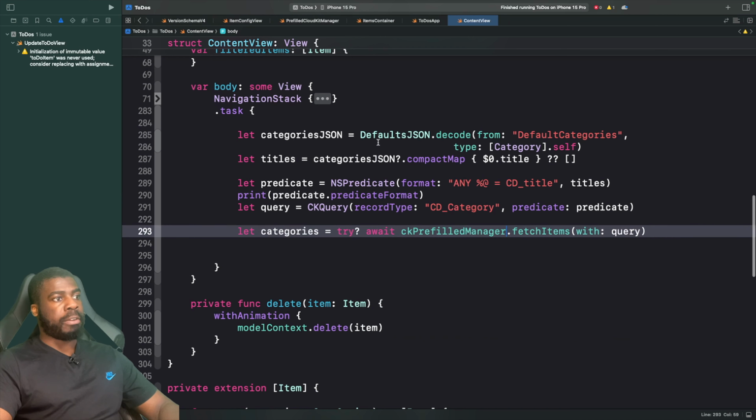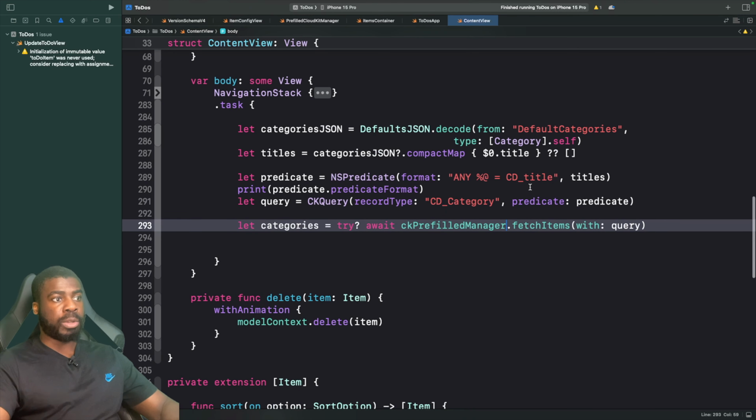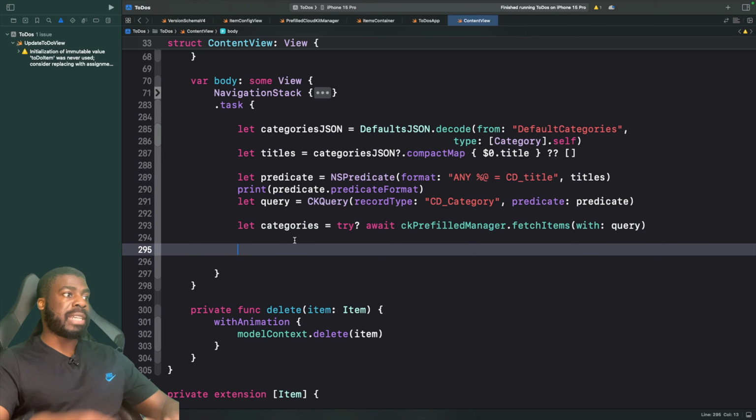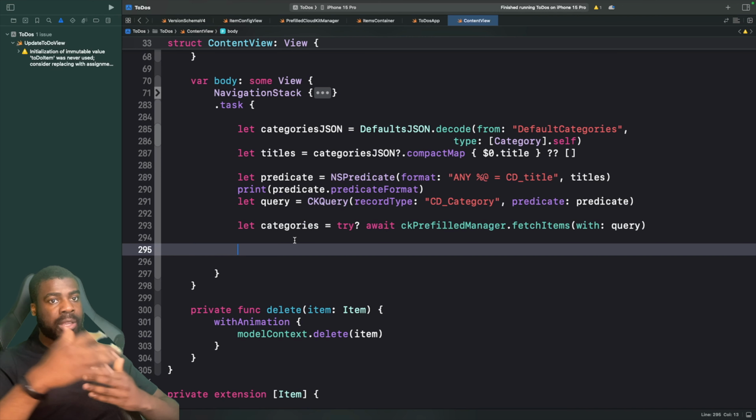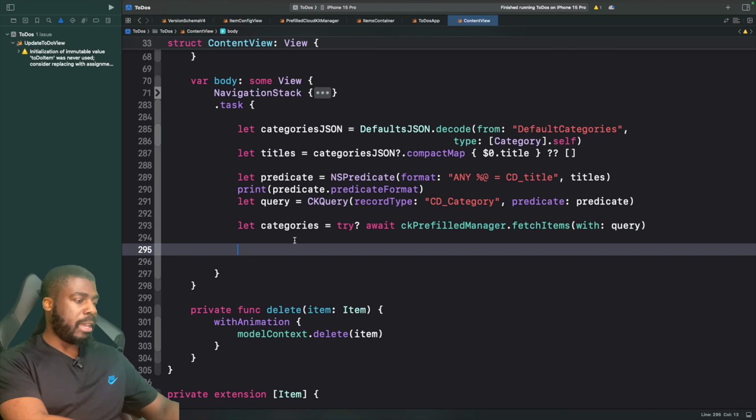So we're getting our categories, decoding it, creating our predicate to check to see if there's any categories that match this title that we're going to pass in of these array. So we're going to do like a bulk check. So we're not checking each individual one, just for performance. And then now in our categories, we want to check to see if it is empty, then we can assume that there's nothing in CloudKit. So we're just going to say here, if categories is empty is equal to true,